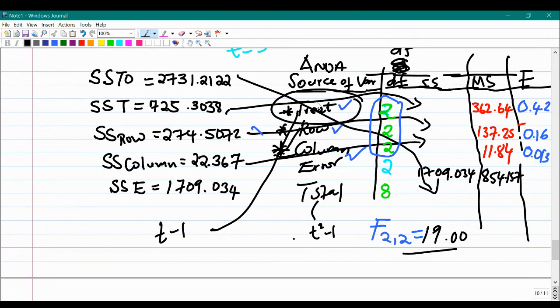So based on this example, it's not necessary to do pairwise comparison. It is possible, but it is not necessary. I have another example here, which we can do. But again,